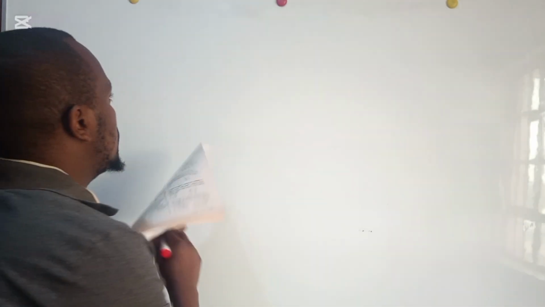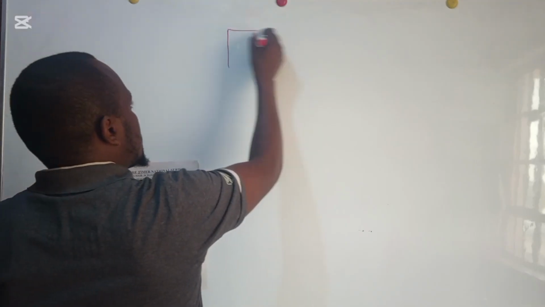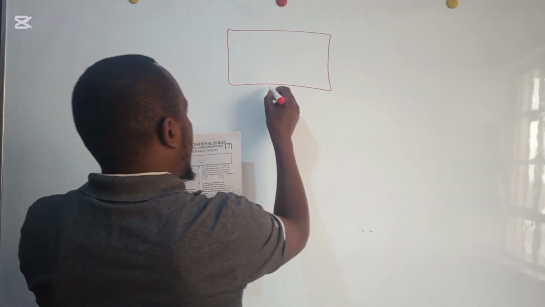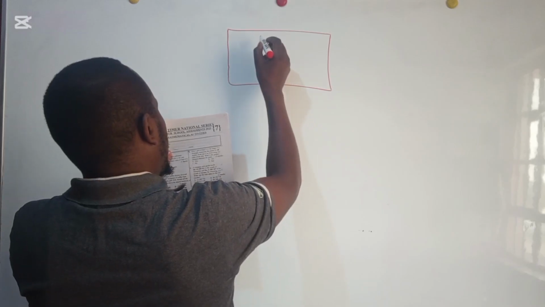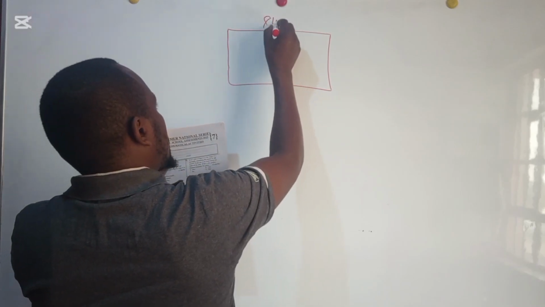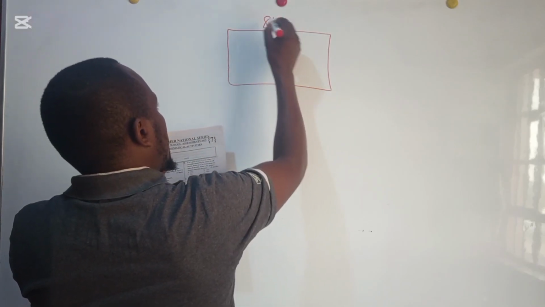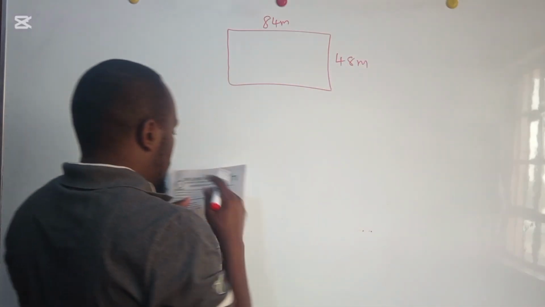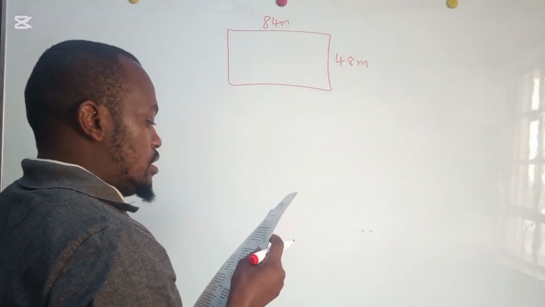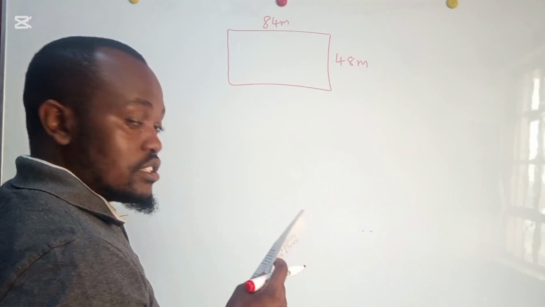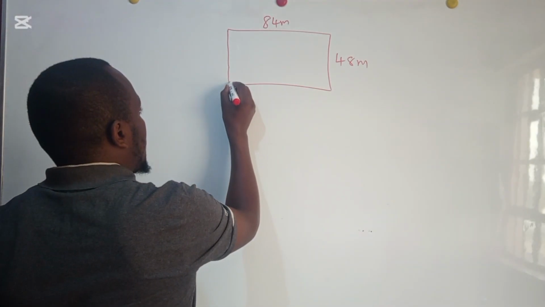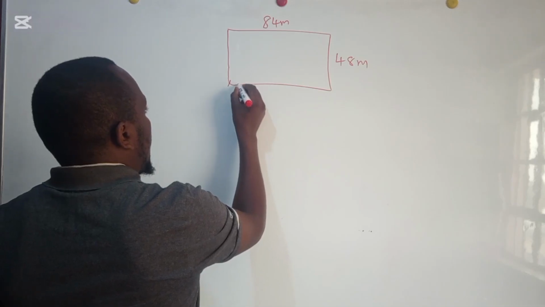So Kiru has this plot of land. This side, the length is 84 meters, and this one is 48 meters. You are told that posts will be fixed along the sides of the plot. So you are going to have a post here, another,